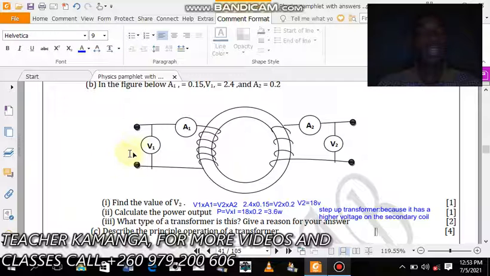if the current is connected to the primary coil or the mains supply, it induces a magnetic flux or magnetic field lines. Now when these magnetic field lines have been induced here, they are going to connect to the secondary coil. When they connect to the secondary coil, there will also be what we call an alternating current, which is going to be induced. As a result, we have a flow of current on the